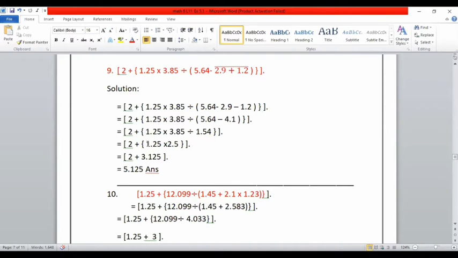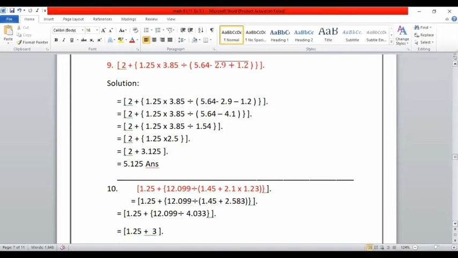then place the decimal point. As usual, in a simple common way, we have to multiply 125 by 25. When you multiply first by 5, then by the second number 2, and after the addition you place the point after 3. So the answer that we have got here is 3.125, and when we have to add, this is the integral part 3 here, 2 plus 3 will become 5, and 0.125, it will be 7. This is the answer.